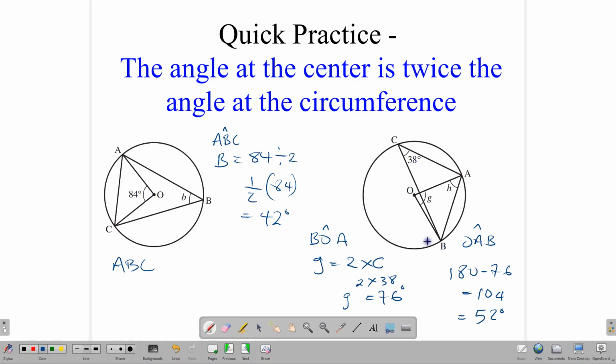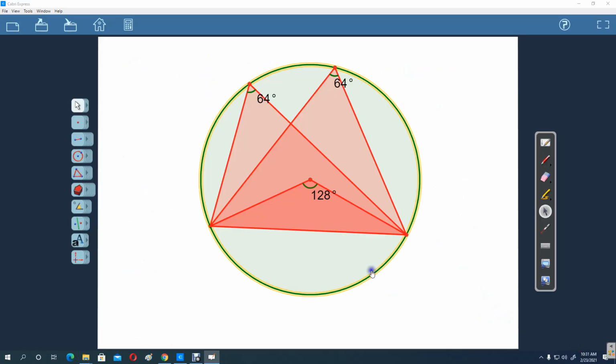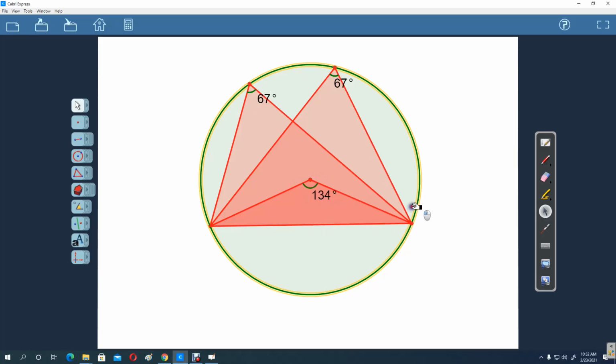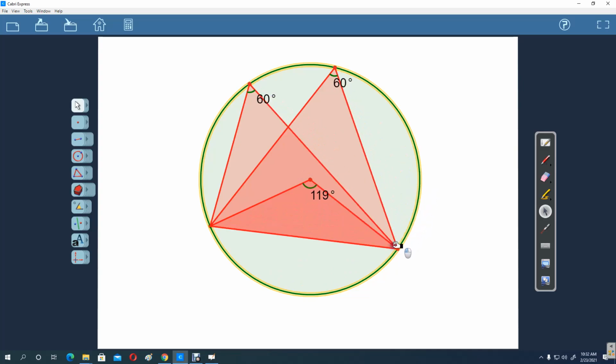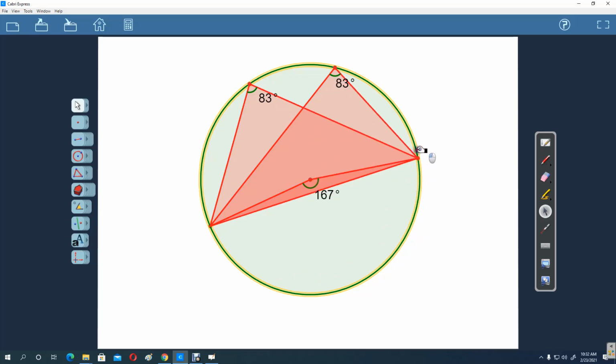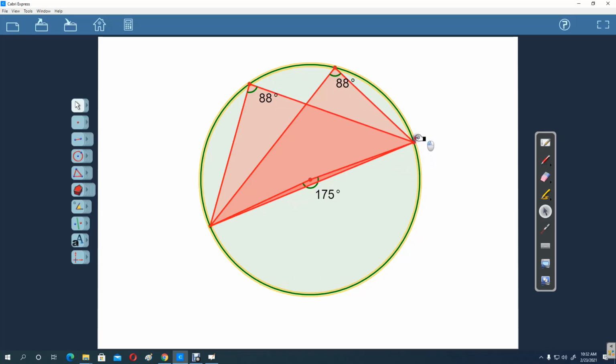Let's get back to our app to look at this again. Now, using the same idea, what if I move this line until I get a diameter? Right now, it's just 2 random radii that are making an arc there. What if I move it and make it into a diameter? What would happen? Now we know it's a diameter when it turns 180 degrees, because 180 degrees is half of